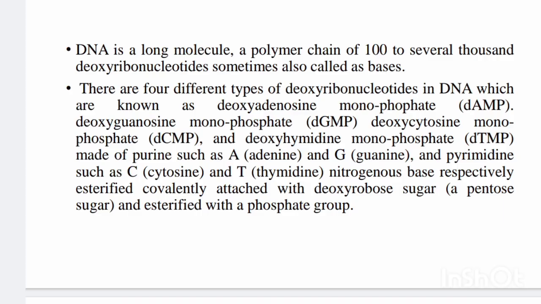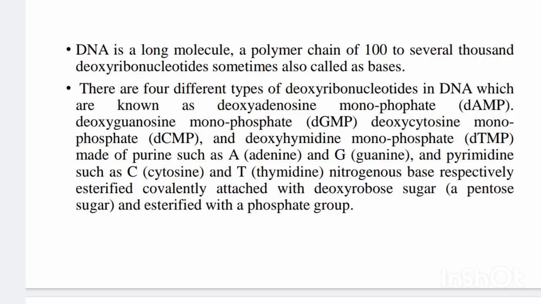monophosphate, dGMP, deoxyguanosine monophosphate, dCMP, deoxycytosine monophosphate, and last is the dTMP, that is deoxythymidine monophosphate. So we can learn it by AGCT because the DMP is the same in all, and we must learn AGCT, that is adenosine, guanosine, cytosine, thymidine. These are made up of purines like adenine, guanine, and pyrimidines like cytosine and thymine,